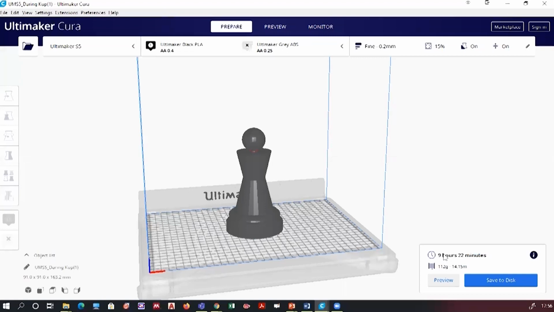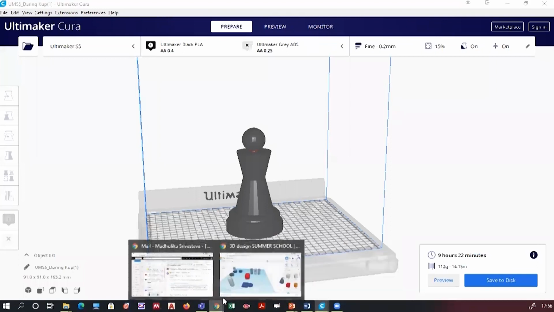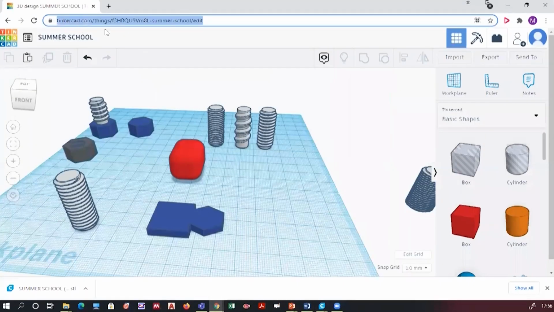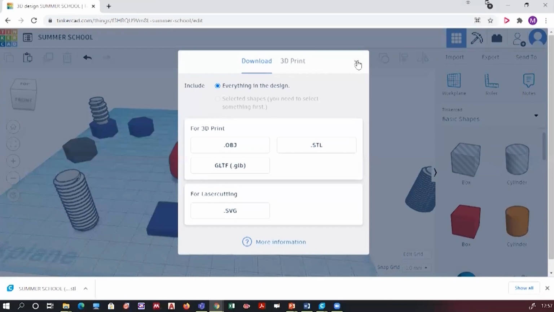You have made the Tinkercad of, you can just, yeah, I have received a mail. I know. I will check and tell you. Tinkercad itself, yes, you can send it through Tinkercad itself. You can just click on the link. You are saving this. Or better is either you send me the screenshot or you can simply export it in form of STL.